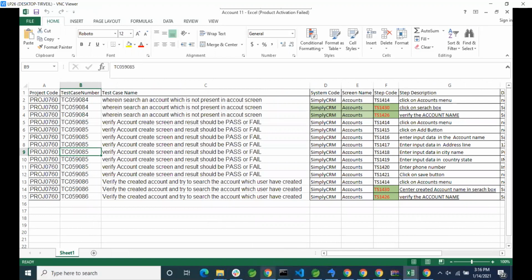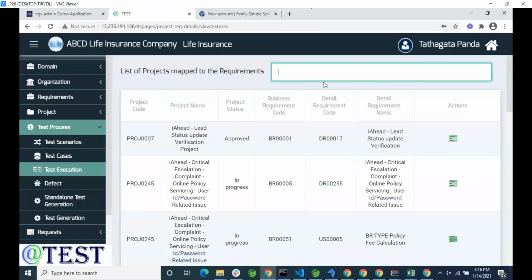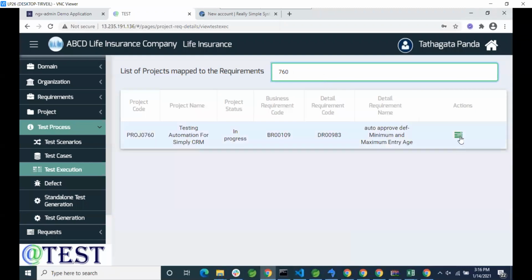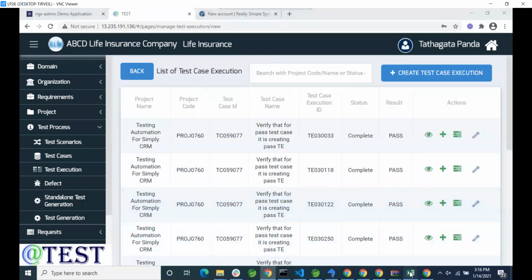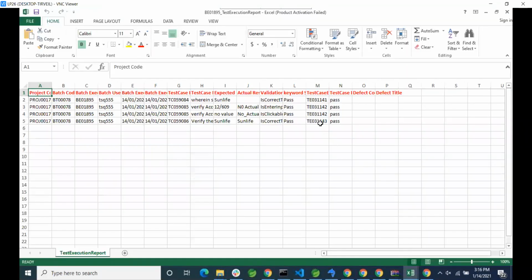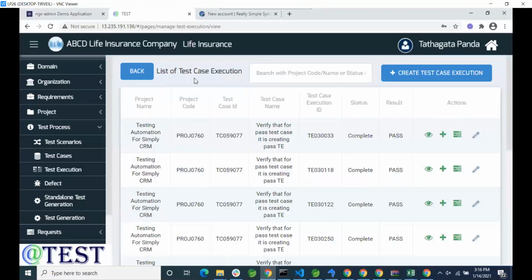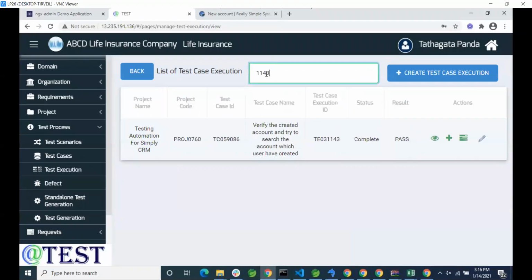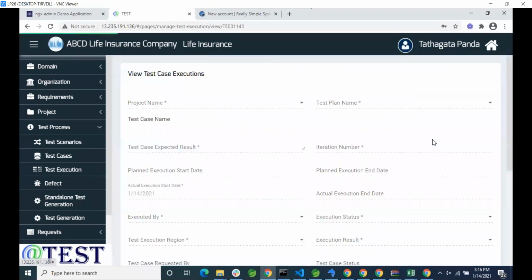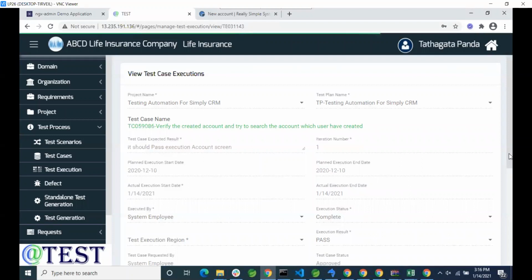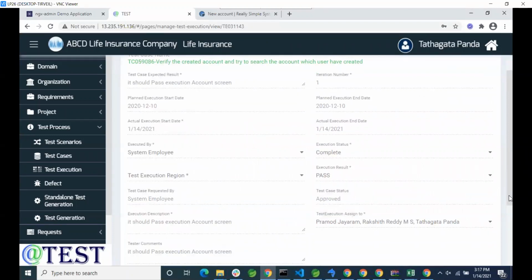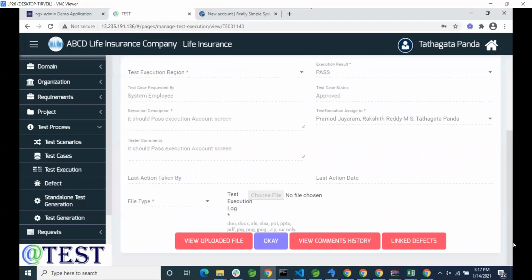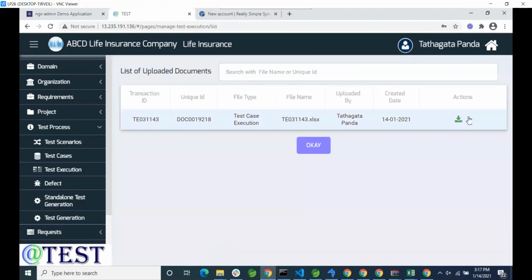So we will go to our ALM system, search for project 760, and we can check the test execution ID. It is 1143. So we'll go here, and we'll see that it has created a test execution log, and we want to see whether the screenshots got uploaded or not. So we'll go here and click on view uploaded file, and we can see that the file is already uploaded by Certify application.